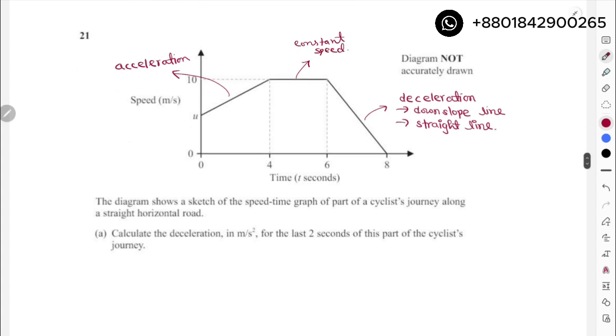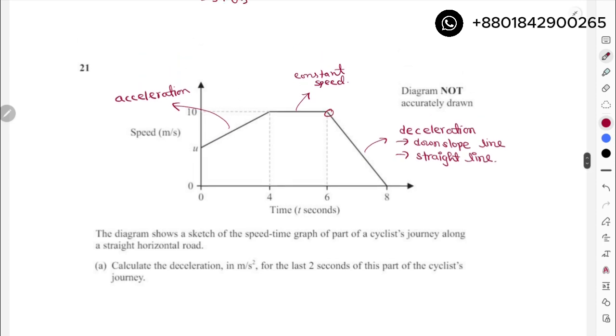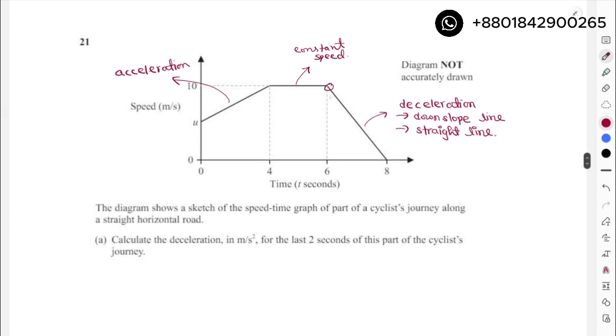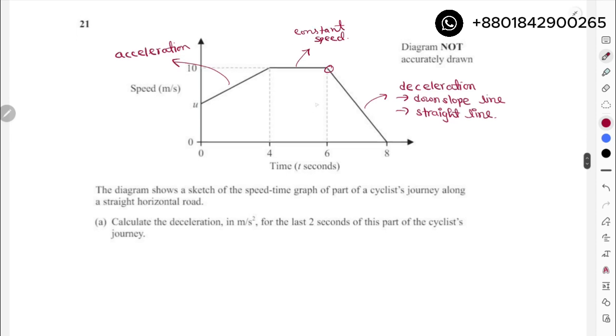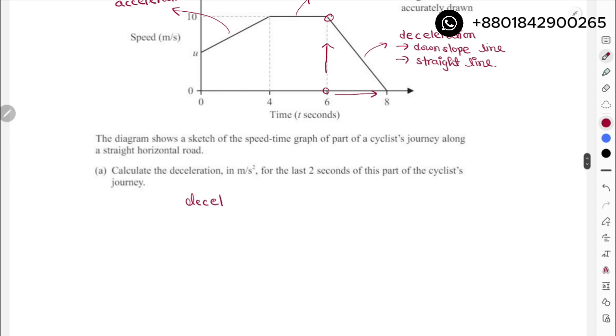Okay, now after this, they're asking for the deceleration process. In this situation, we are using the rise over run, or you can also use the basic physics equation, which is final velocity minus initial velocity over time. But in general cases, we always use the equation rise over run. So over here, rise is how much? This is my rise from 0 to 10, and run is from 8 to 6, which is 2 seconds. So deceleration over here is actually the gradient of your speed time graph,